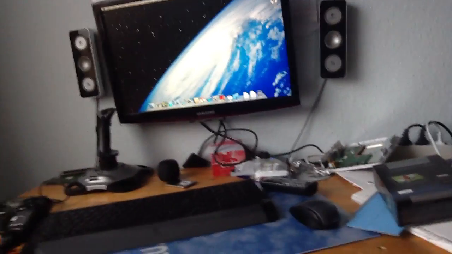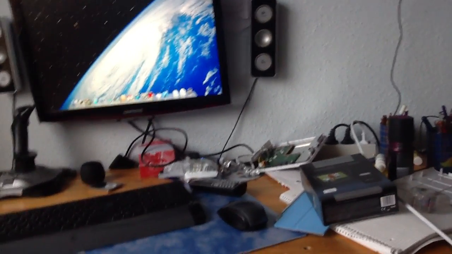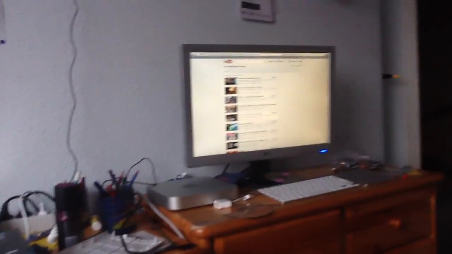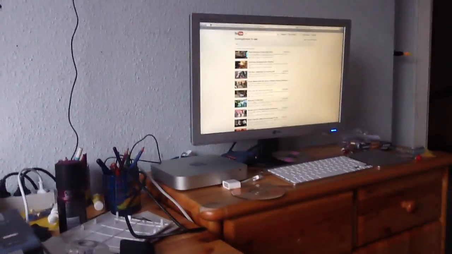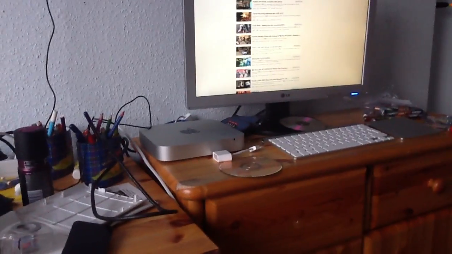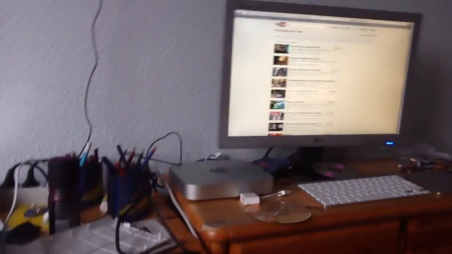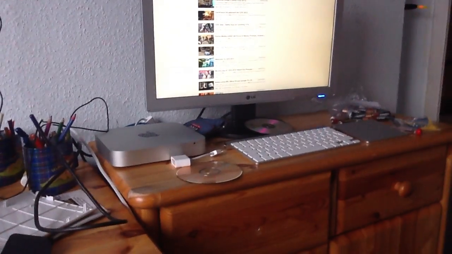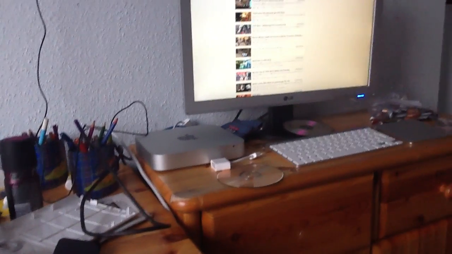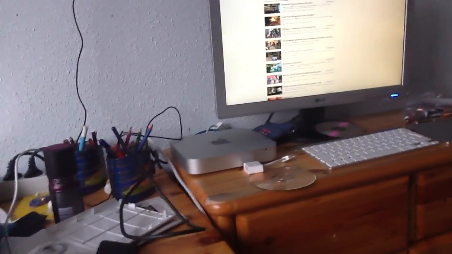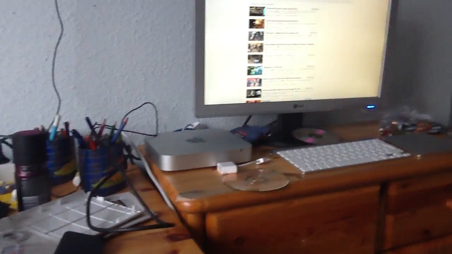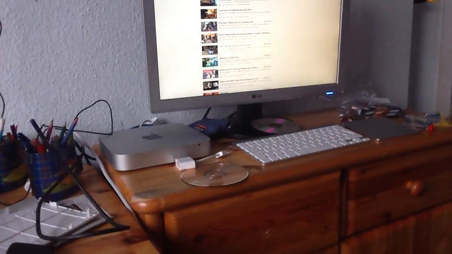So the question is, why should I buy a Mac instead of a Hackintosh? Well, of course a Mac is much more expensive than a Hackintosh, and the hardware is not the best. For the price you pay for this Mac Mini, you can get, I would say, an ultimate Hackintosh, which is fast like a Mac Pro. But the bad thing is,